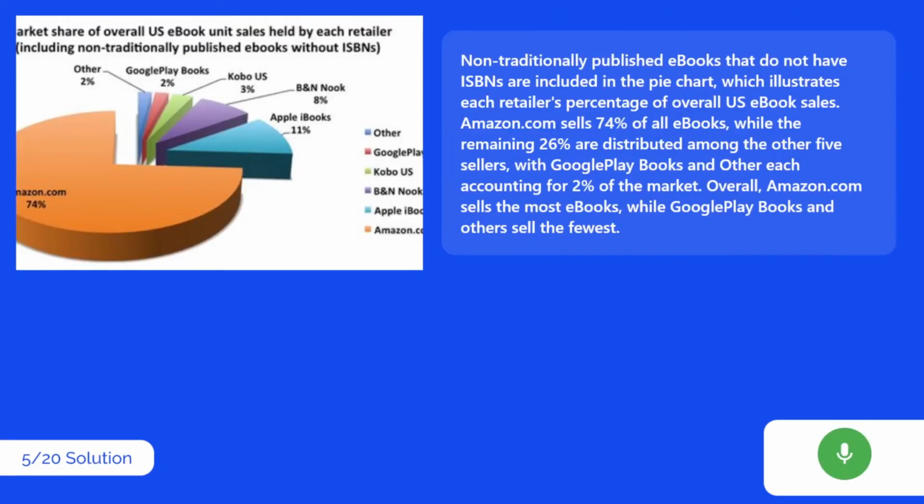Non-traditionally published ebooks that do not have ISBNs are included in the pie chart, which illustrates each retailer's percentage of overall U.S. ebook sales. Amazon.com sells 74% of all ebooks, while the remaining 26% are distributed among the other 5 sellers,